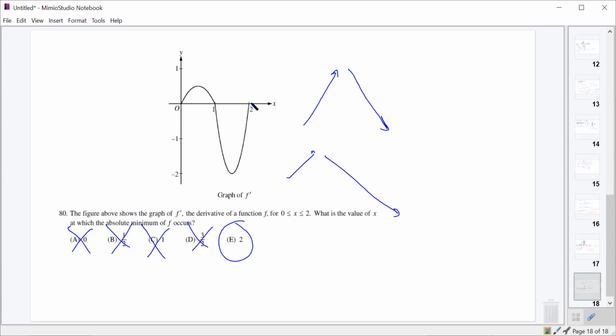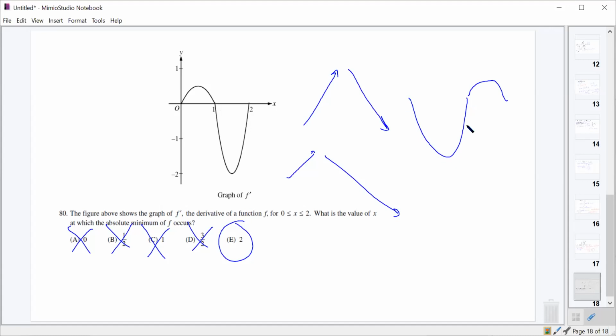Everyone good there? So if the area from 1 to 2 was the same as the area from 0 to 1, would it matter if it's negative or positive? Oh, okay. Yeah, then it would be 0. I mean, if you just flipped these around, you mean? Yeah. I mean, if the graph looked like this, then